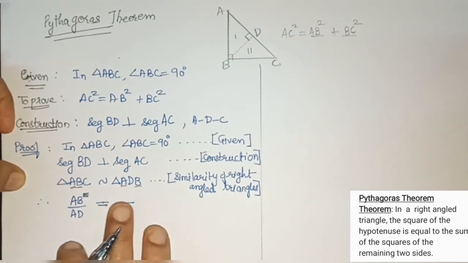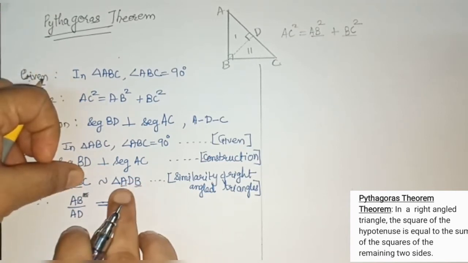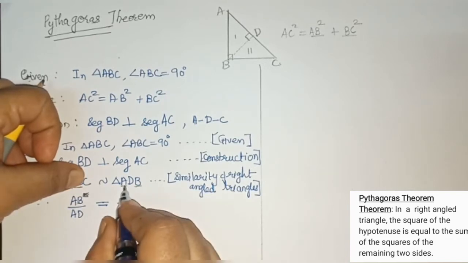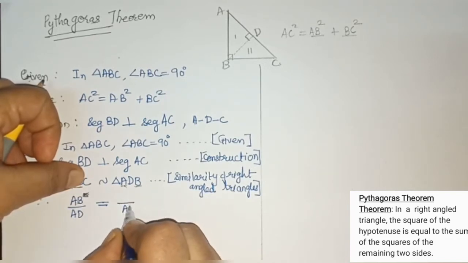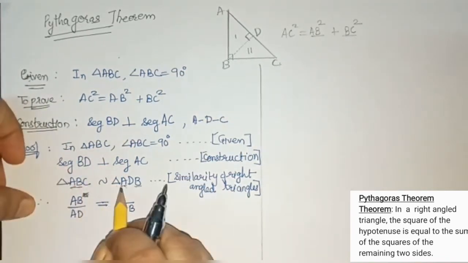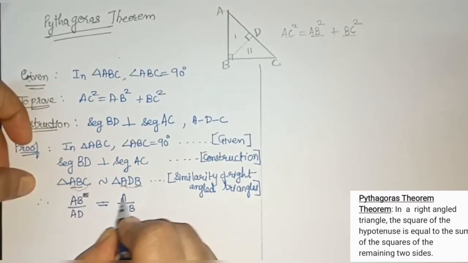Now this side also we want AB. So we have already written AB of ABC. Now we will see AB we are getting in ADB. How? This is AB. So AB. Okay, here which will be the corresponding side? If AB is here, then AC we will have to write the corresponding side.